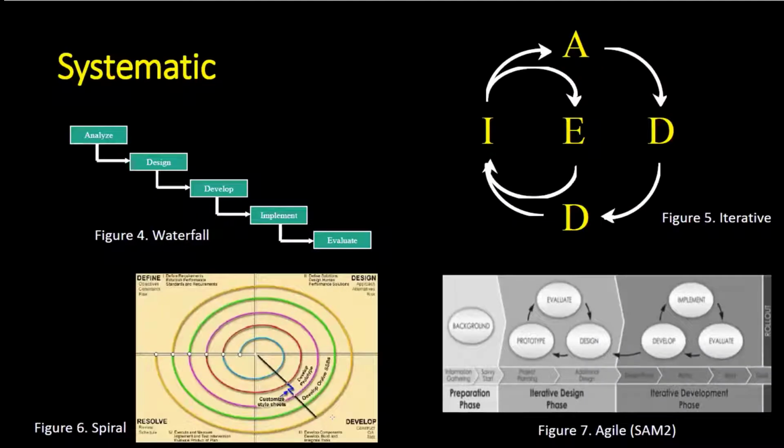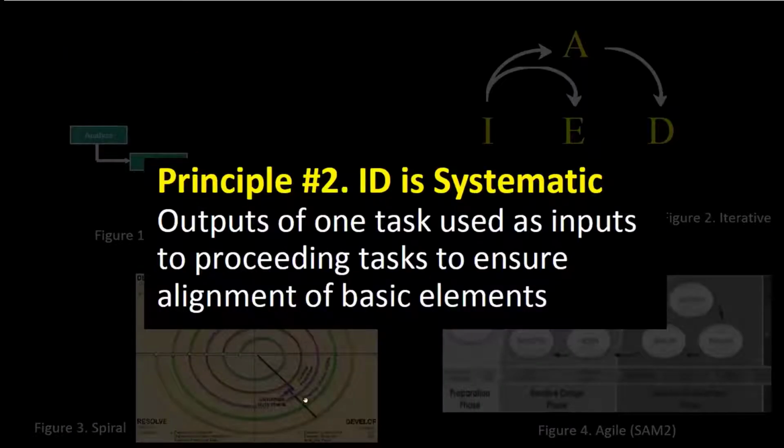So what does it mean to be systematic? We have several different systematic design models. People who have taken instructional design courses should be familiar with the waterfall approach to ADDIE. Problematic in some ways, so then we went to more spiral applications of ADDIE, but that was problematic too because they spiraled out of control. Now we have agile design approaches, which is basically ADDIE just represented and done in a different way, but it's all systematic. The outputs of one design task are used to inform subsequent design tasks